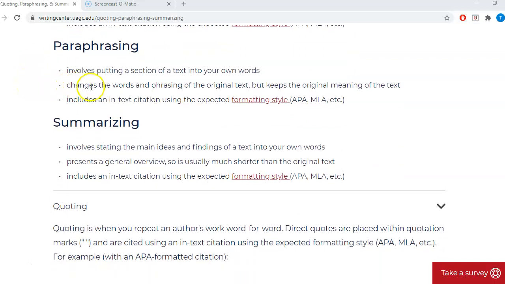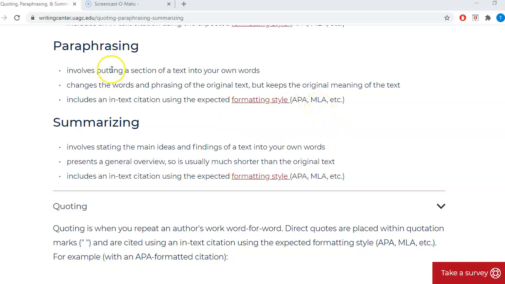Paraphrasing involves taking a section of text but restating it in your own words. You change the text and maybe shorten it, but it keeps the original meaning. When you paraphrase, you also need to give credit to the original author by including an in-text citation and using